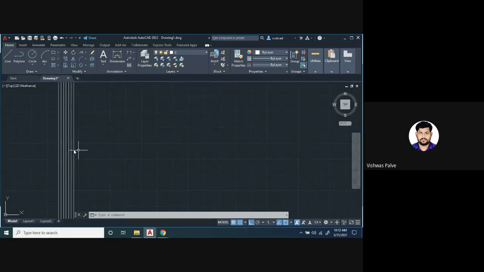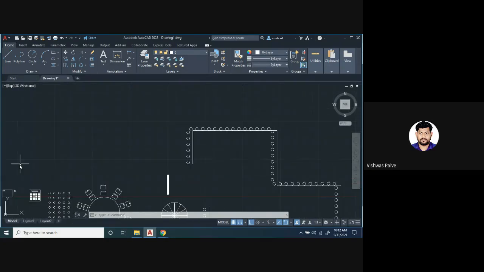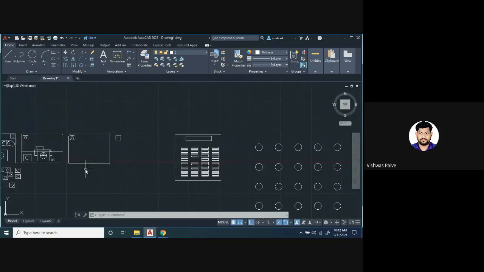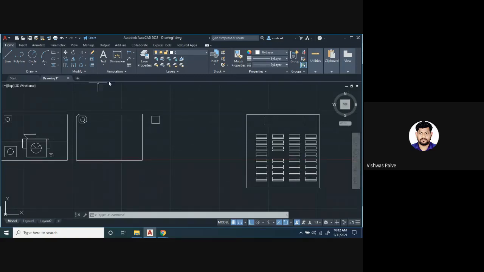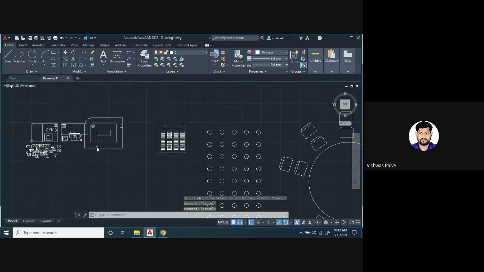So this is used when we want to draw parallel lines or replicate the same object at a certain distance. So if I want to enlarge this, I want to draw another rectangle of the same size at a distance of 100 millimeter. Yes, you can do that. Select offset 100 millimeter. Select this object and click on whichever side you want. Suppose I want to draw it on the inner side, yes, you can do it. Okay. So this is about the offset.